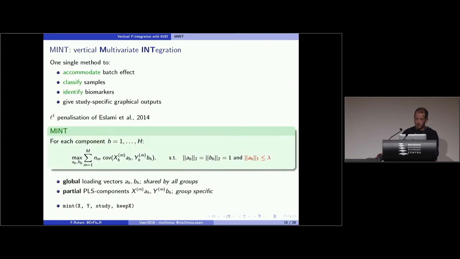I'll just give you the formula, but what you may want to know is that before we were maximizing the covariance of X and Y, and now we are maximizing the sum of covariances, where the sum is over each independent study. The main point of this approach is that we now have access to global loading vectors, which are the weights we were seeing before, and also to partial PLS components.